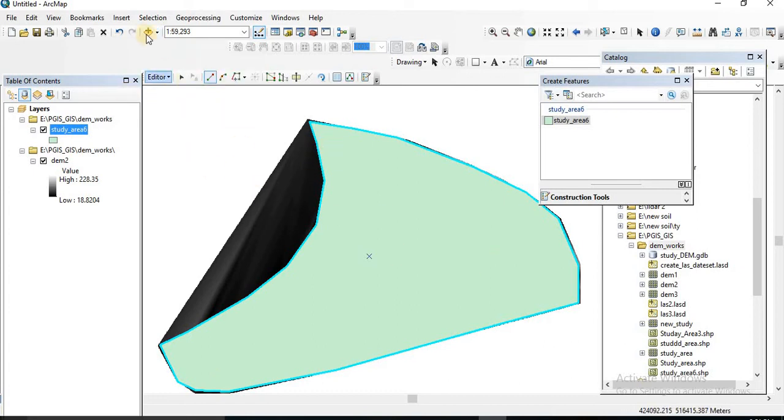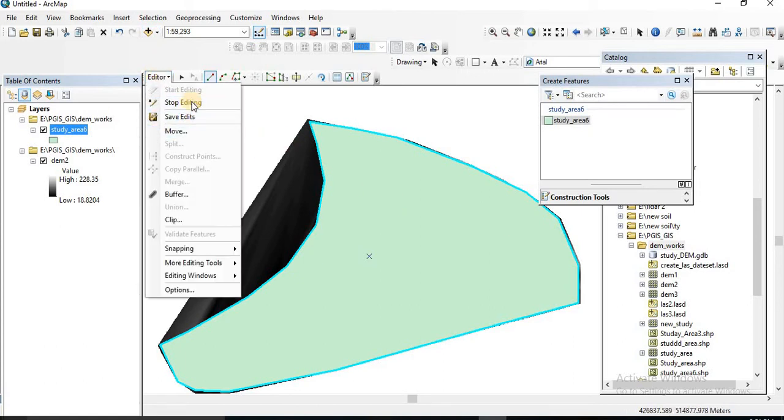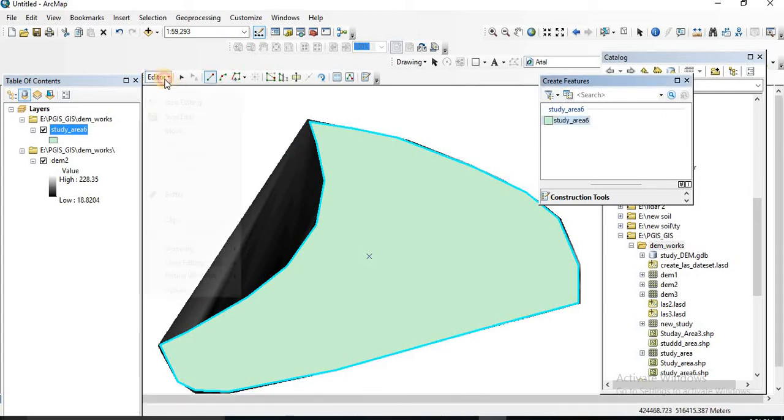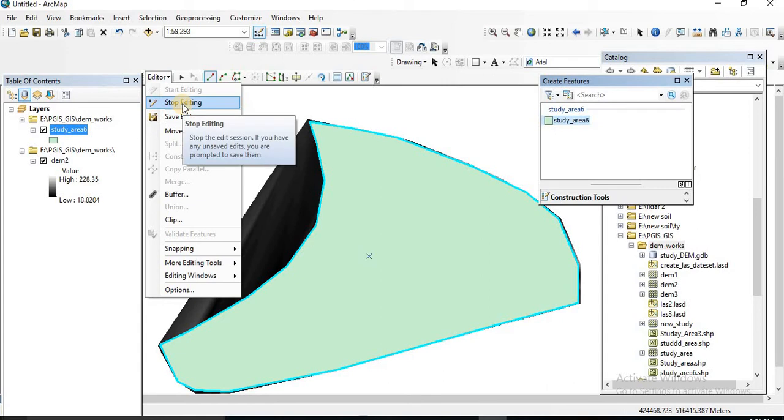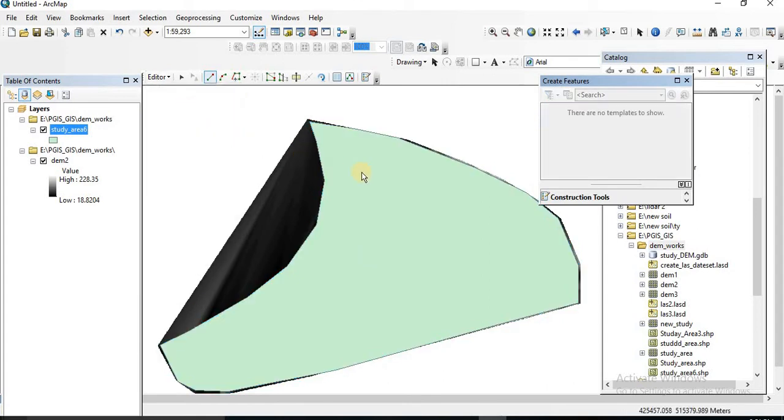Then now you have to go to the editor tool and select Save Edits. Before you stop this edit, you definitely want to save this file. Save edits and finally you can give Stop Editing. After that we can see our study area on the DEM.